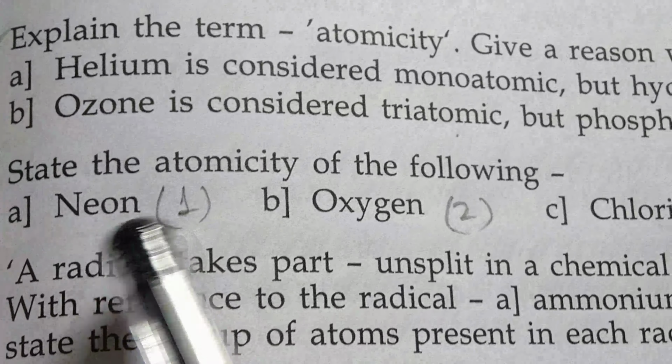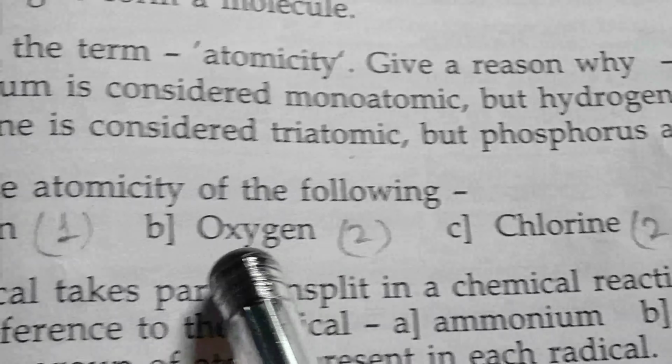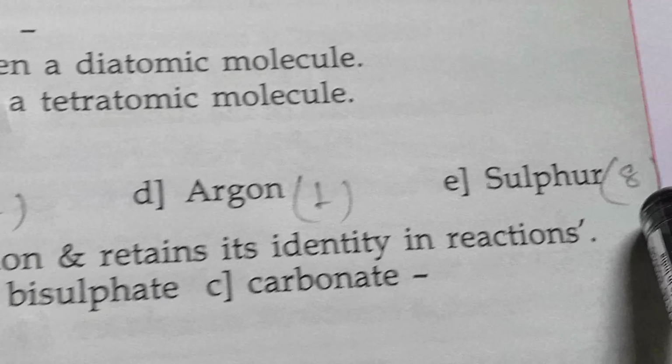Next, state the atomicity of the following. What is the atomicity of neon? 1. Oxygen 2, chlorine 2, argon 1 and sulfur 8. Next,